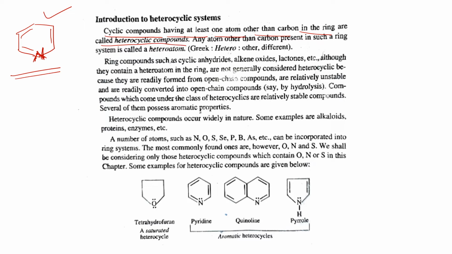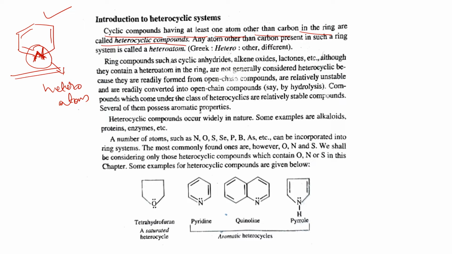That is, a compound must be cyclic, and if there is one atom other than carbon present, then such systems are called heterocyclic compounds. Okay, now this nitrogen is called heteroatom. Then what is meant by heteroatom? That is, any atom other than carbon present in such a ring system is called heteroatom. ഈ ഒരു റിംഗ് സിസ്റ്റത്തിലെ അതായത് ഹെറ്ററോസൈക്ലിക് സിസ്റ്റത്തിലെ കാർബൺ അല്ലാതെ കാണപ്പെടുന്ന അതർ ആറ്റത്തിനെയാണ് ഹെറ്ററോ ആറ്റം എന്ന് പറയുന്നത്. Okay,